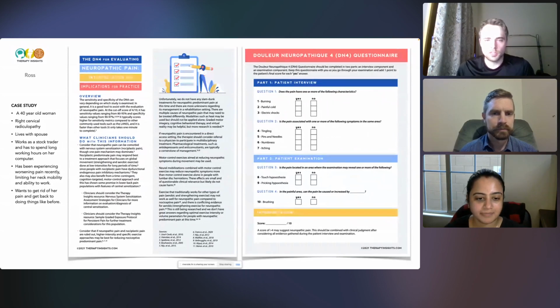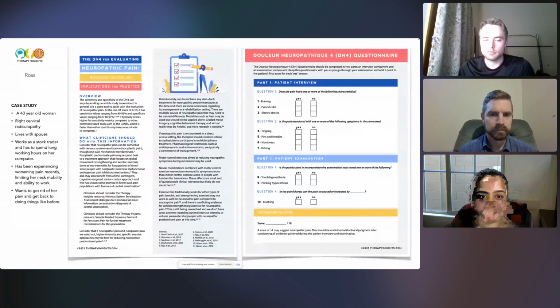Yeah, this piece is definitely designed for clinicians. The DN4 is probably my favorite outcome measure for evaluating neuropathic pain. What I like about it is it has very high sensitivity compared to a lot of other tools like the LANSS, and it takes about 1 minute to do, and it's integrated pretty seamlessly into your own history and your clinical examination. And so it's a pretty nice tool for being able to rule out